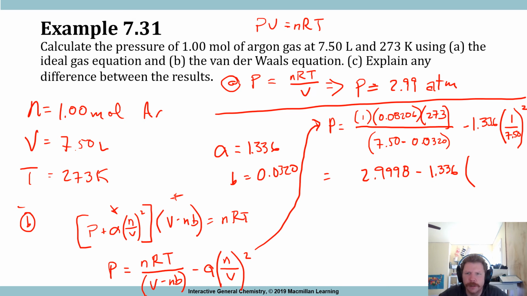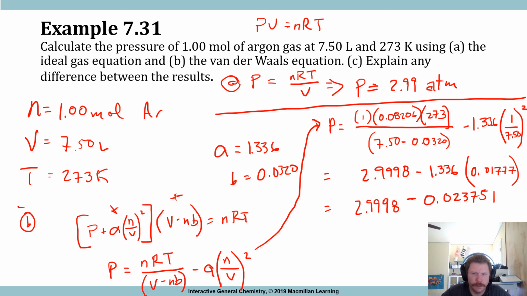Is that right? That is right. That's 0.017777. I'm just going to multiply that by 1.336. So I've got 2.998 minus 0.02375, equals